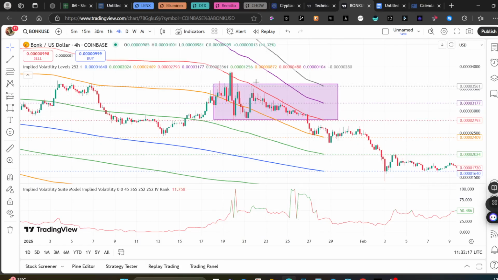I just added two implied volatility related indicators, just for additional insight. So if implied volatility decreases, on the other hand, you might look to exit your trades before volatility dies down